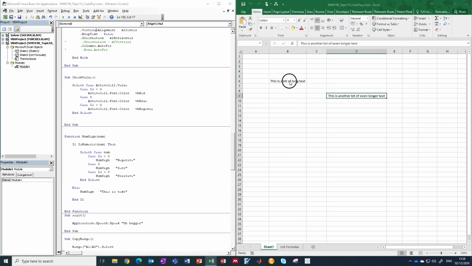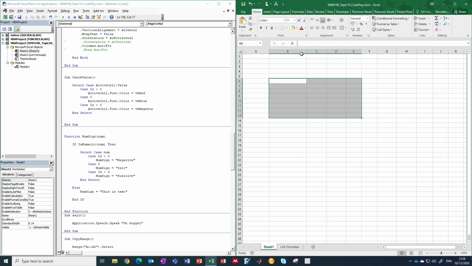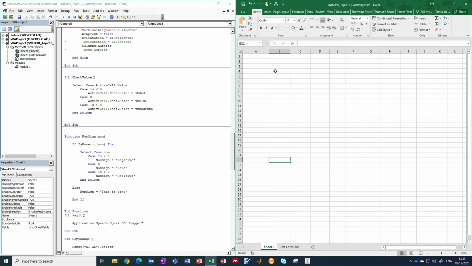So let me first of all get rid of everything I have here, just clear all, and I'm going to make these columns a little bit smaller again so they look a bit more normal. Let's have a look to see what we have. Here we're checking a value. We're only performing this on the active cell, so if we do it on one cell at a time it's fine. Once again we're checking the value of the cell, and rather than saying if and then nesting